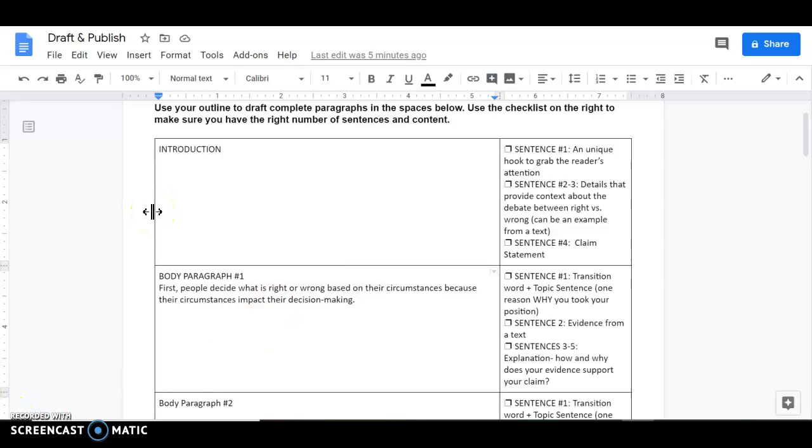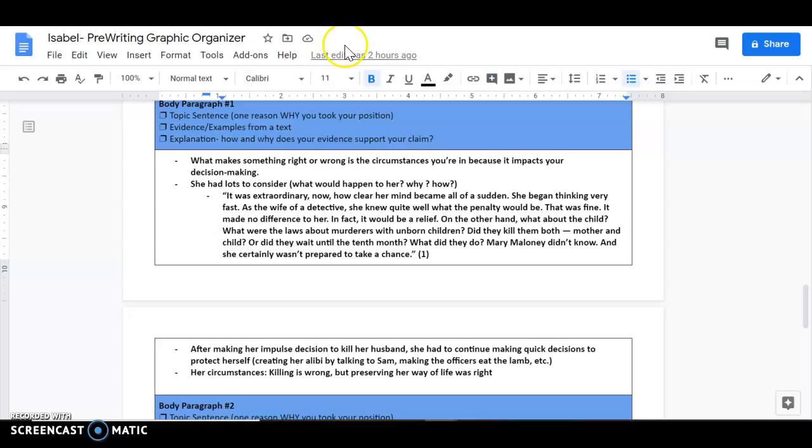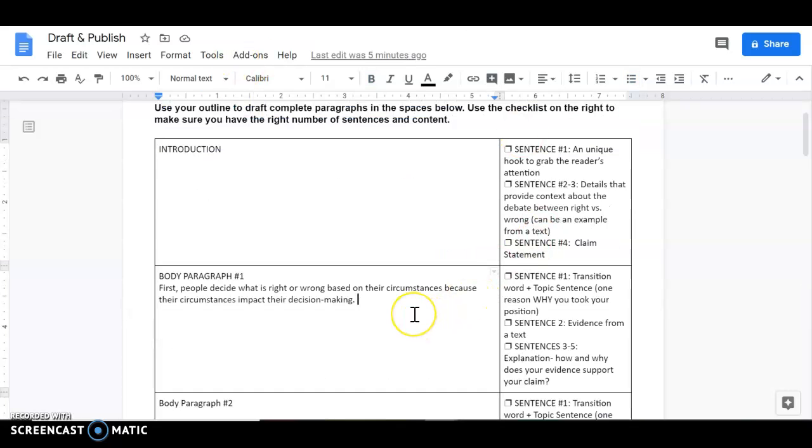Going back to my outline for my evidence, I talked about how she had lots to consider. This quote is long, so I will shorten it in my new document. I'm going to write in "Lamb to the Slaughter." Because it's a short story, I have to put it in quotes. Mary contemplates what will happen